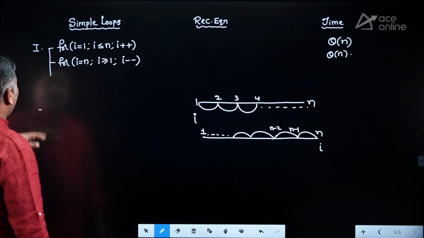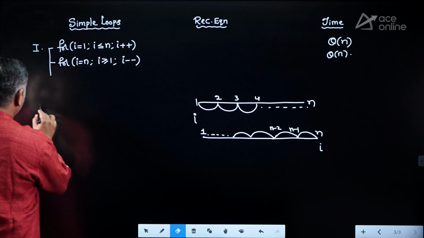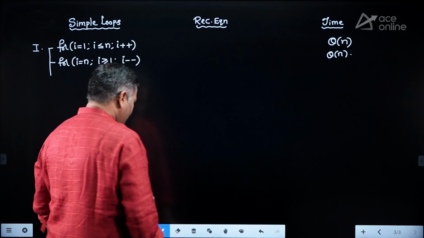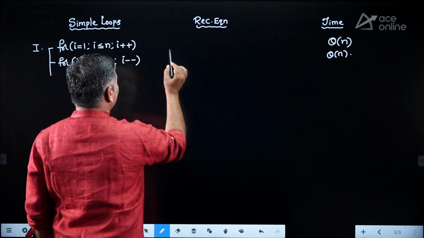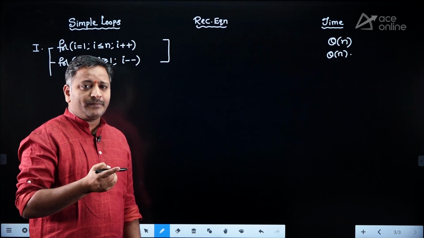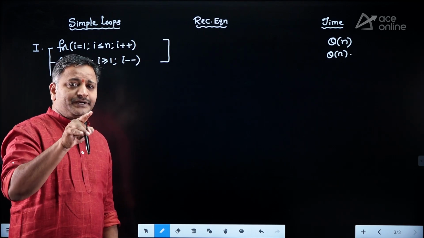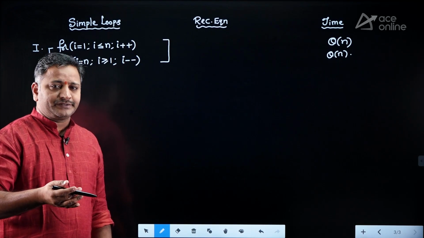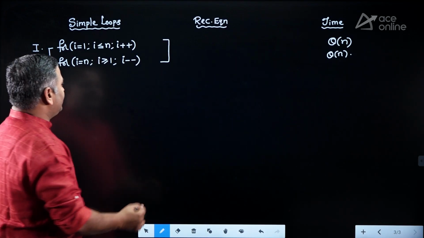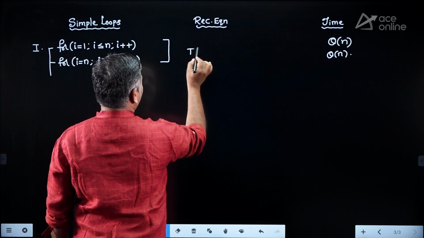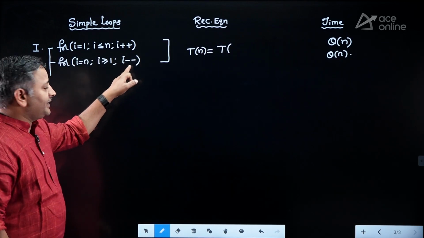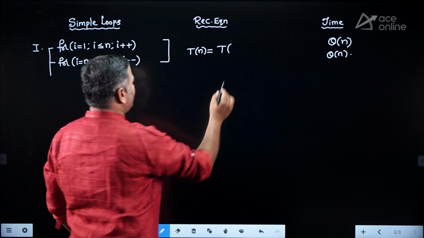Okay. Now, what is the equivalent recurrence equation for these two problems? Generally, from the recurrence equation point of view, a recurrence equation is always in the form of a decreasing case, because in order to meet the base condition, the value of n must be decreased, otherwise we cannot reach the base condition. Therefore, I am writing the recurrence equation for the second one, that is T of n equals T of, how much value are you decrementing every time? You are decrementing 1. Therefore, T of n minus 1